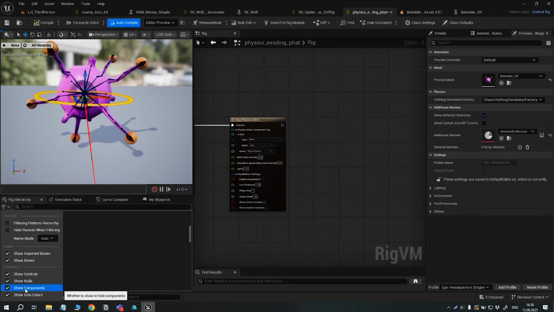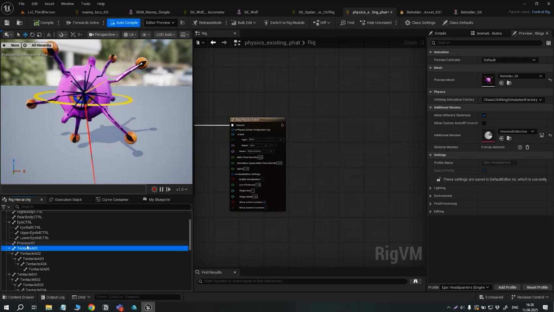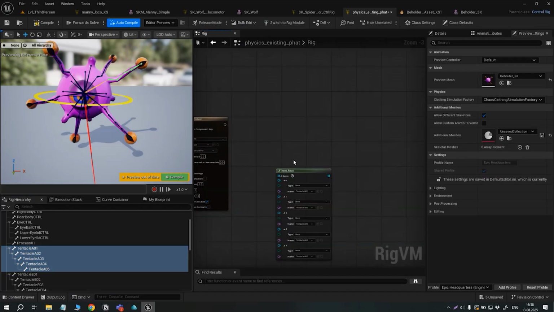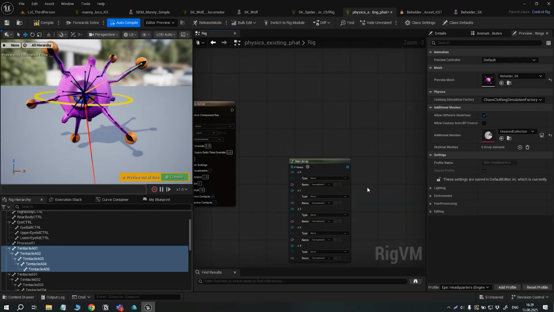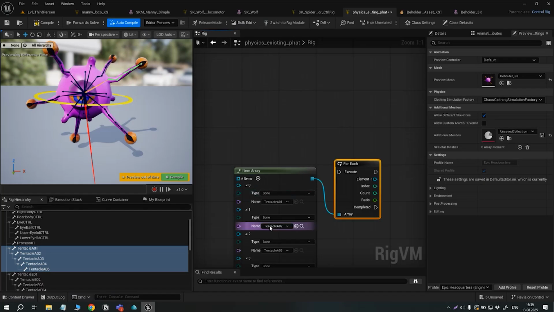Let's turn this off, we will take a look at this later. Tentacle 01. So let's grab all of them. Let's take an array and do a for each. So for each of these tentacles,